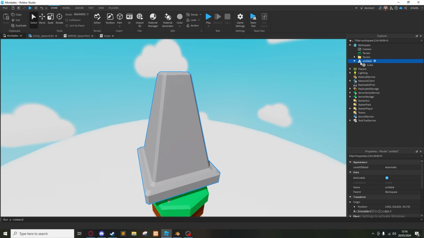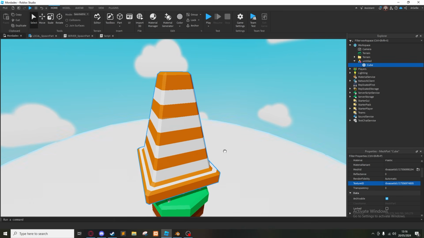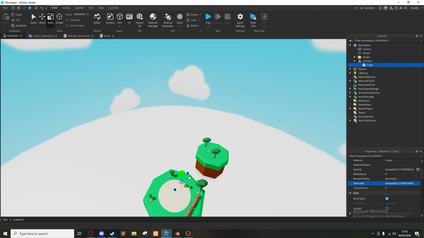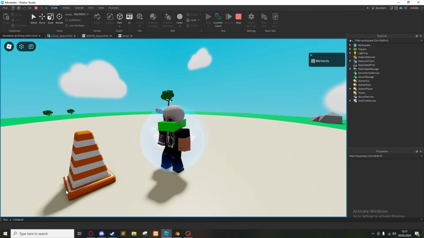So open up the little model that it's grouped in, click on the mesh part, then scroll down till you see texture ID. And in here, you want to scroll down until you see your color palette. And now once we apply it, you can see that all of our colors are actually on our model. And you can resize it however you like, and it doesn't change a thing with any of the colors. So there you go, that is how you get models into your Roblox game with the textures, and I hope